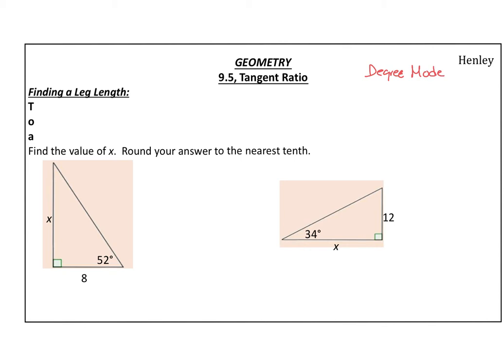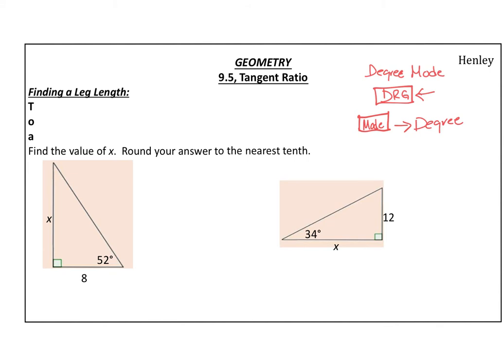Now to do that, if it does not say DRG in the upper right-hand corner, you're going to hit the mode button, which is in the upper middle location, and then you're going to make sure that degree is highlighted, and then hit enter. If it's already in degree mode, if it already says DRG, then you don't need to